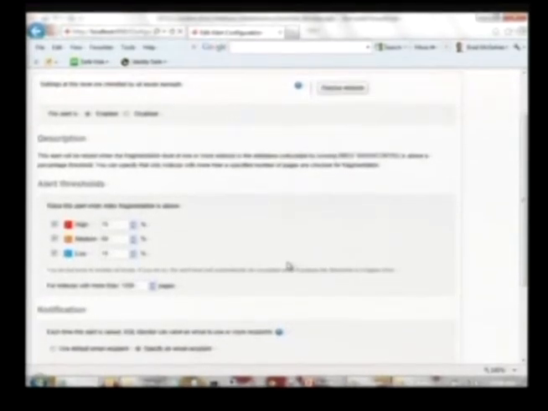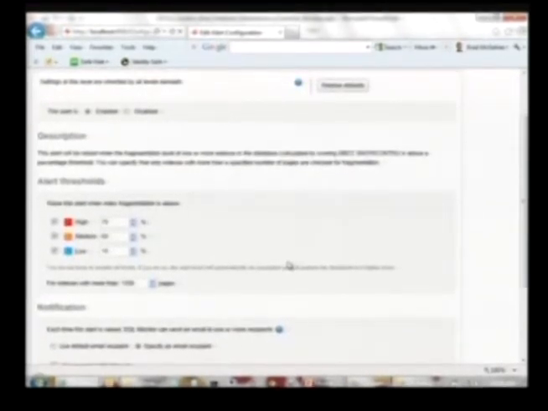So if you have a situation where you're having problems with fragmentation and you want to be warned about it, you can. So it's just another tool that's available to you. It's also another tool that Redgate recently came out with that might be useful to you. It's called the SQL Index Manager, and I've already run it here for this particular database. It will go through and analyze all your indexes and make recommendations.